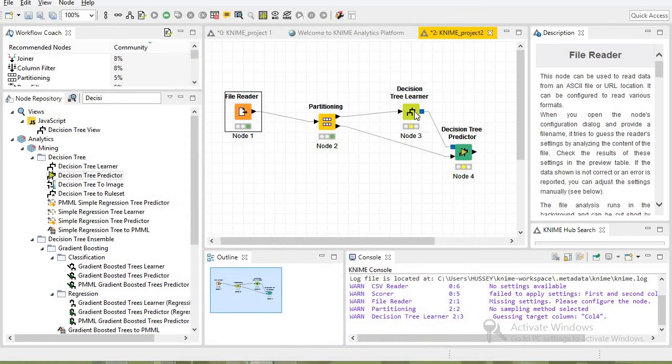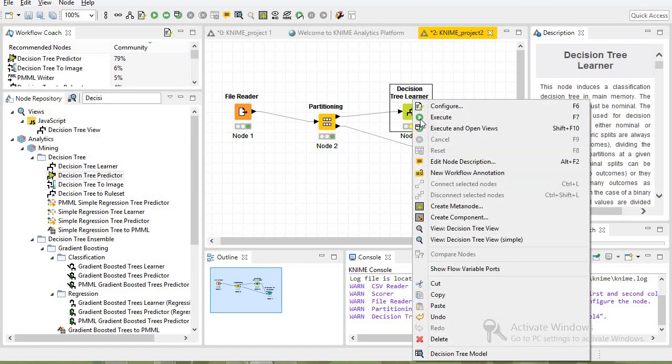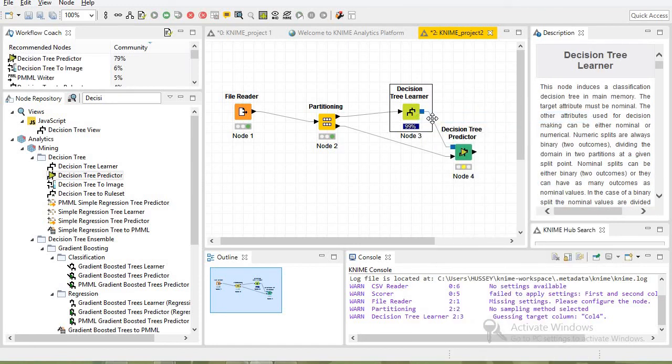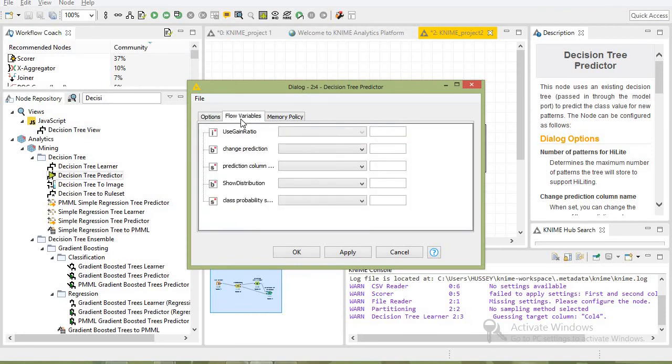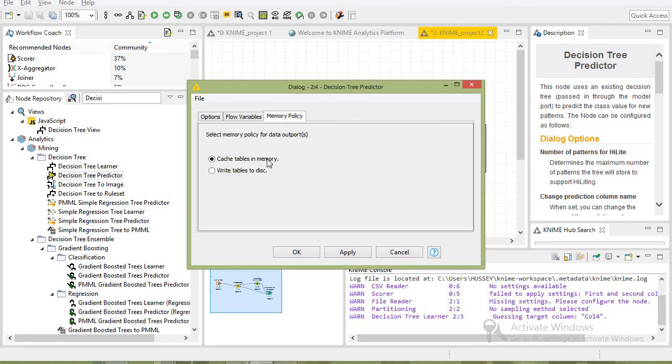Okay, so now it is ready to run. So I can just execute it. So it's going, and now it has run. If there is any kind of error in between, it won't work. It won't be green. Okay, so now we can check it again by using this. We can also check the flow variable using gain ratio, change prediction or something, if it is for bigger data.